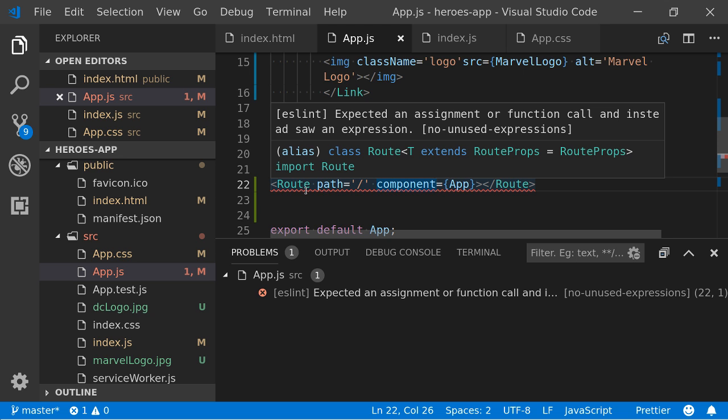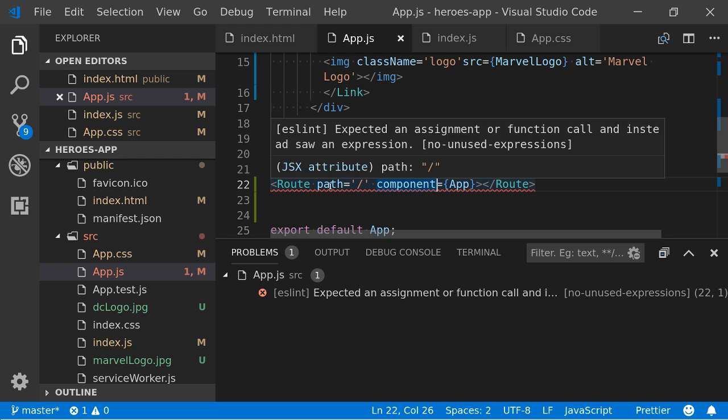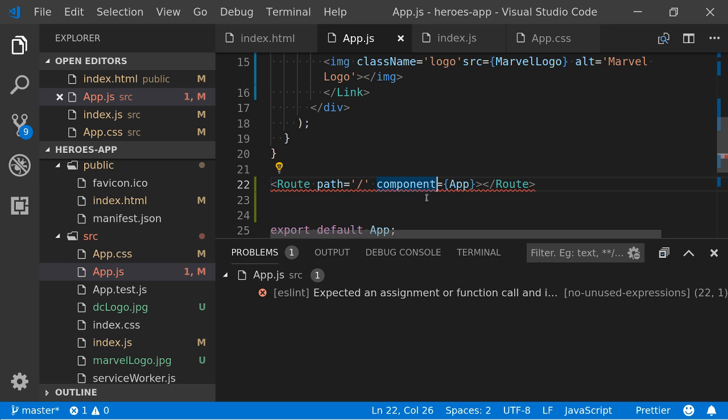Where have you put your routes currently, Daniel? Have you got it in app.js or have you got it in a separate file? Separate file. So you create a new routes component? Yeah. But we use this for an example. Again, in practice you would generally create a new routes component, but for now we can